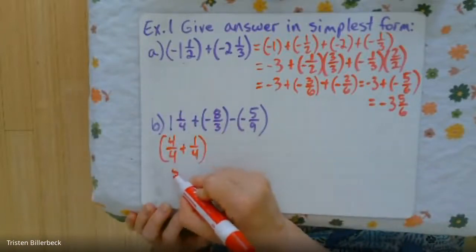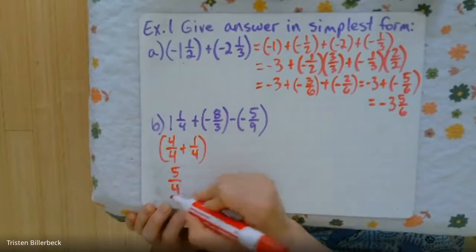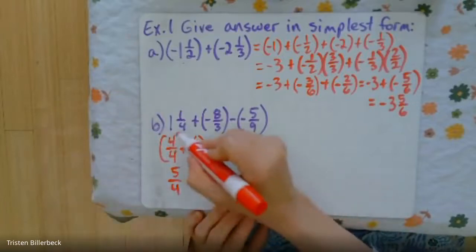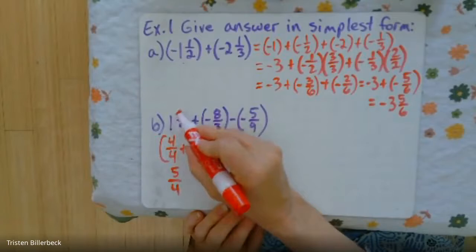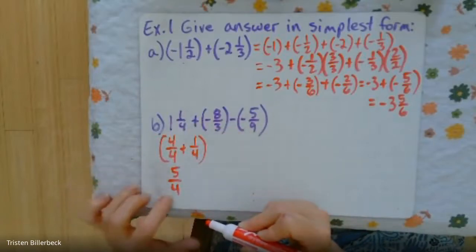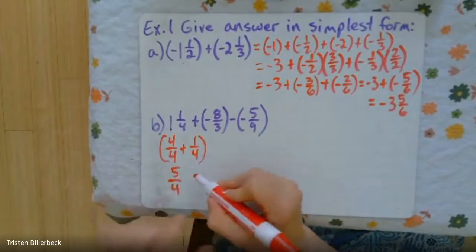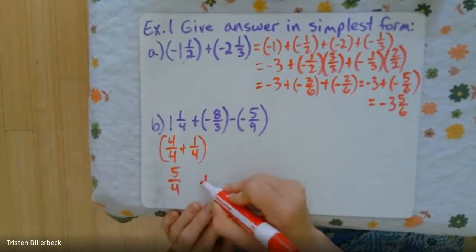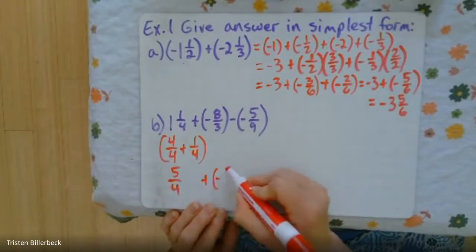So this becomes 5 over 4. We could also have done this by multiplying 4 times 1 and adding 1, which is 5. So now we have 5/4 plus a